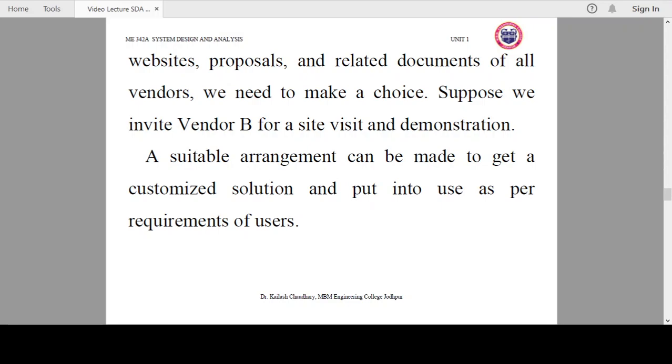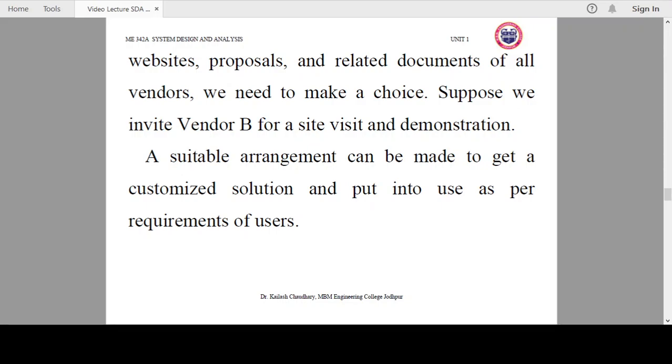Now, if we are selecting vendor B, we can also make a suitable arrangement to get a customized solution put into use as per the requirement of the user. So if somehow we don't get complete fulfillment of our requirement, we can request the most appropriate vendor that we need that feature to be added to their existing product.